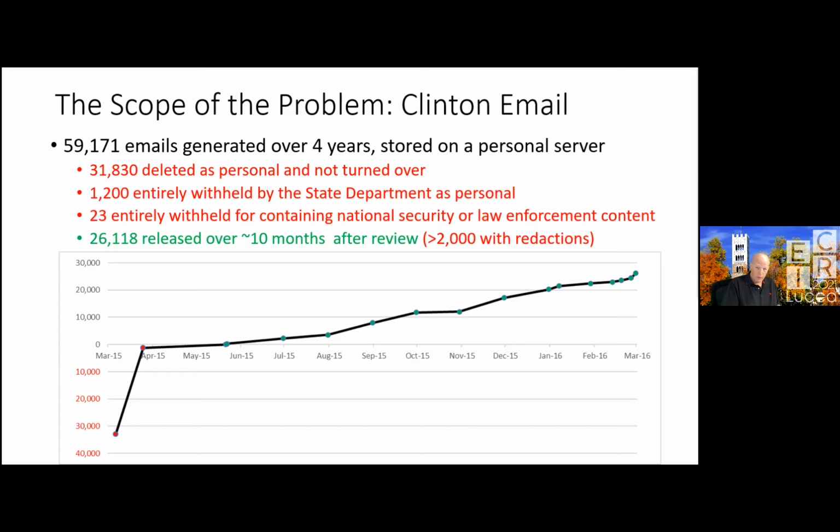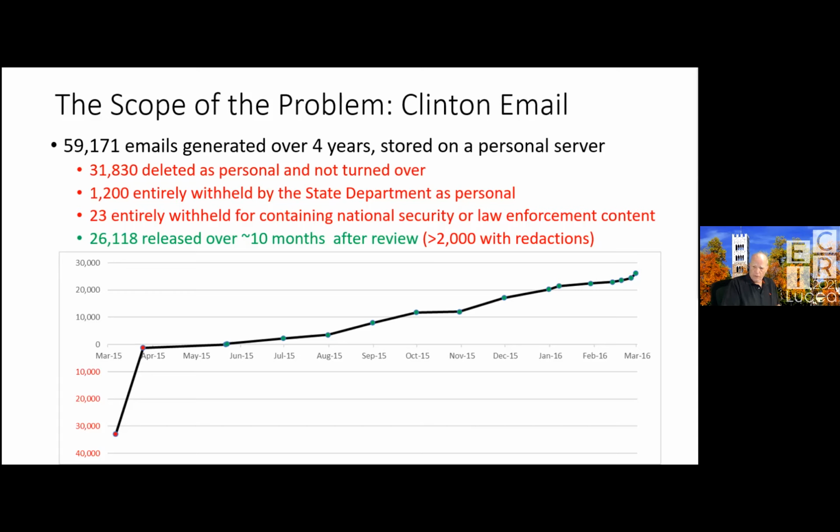She had about 60,000 emails that she had assembled over the time she was Secretary of State for reasons that are a little complex. The State Department didn't have the emails. She had them personally, but she agreed to release them. And before releasing them, her lawyers went through and removed those which they believed to be personal. Now, no one double checked them because they removed them and no one has seen these emails, but that was about half of them. And then the State Department here in the US hired 50 people who worked for 10 months